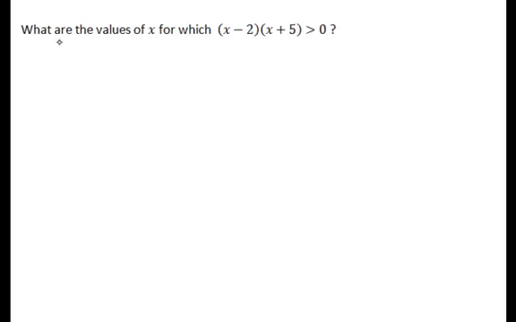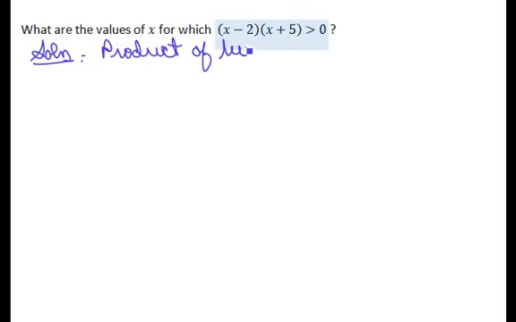For this problem, we're asked to find all the values of x for which this product, this expression, is greater than 0. So in other words, we're looking at a product of two numbers, two real numbers. We want to know when that's positive. Well, we know that the product of two real numbers